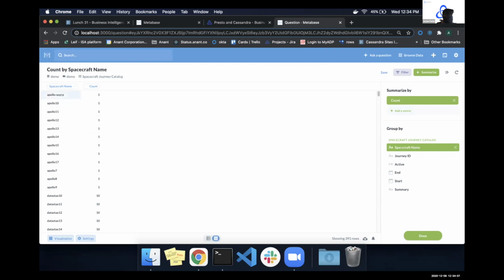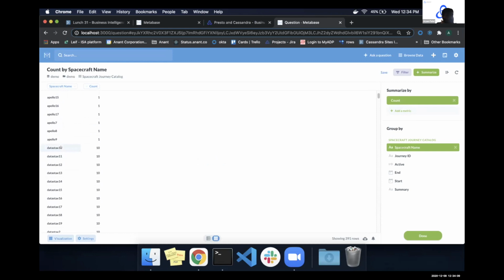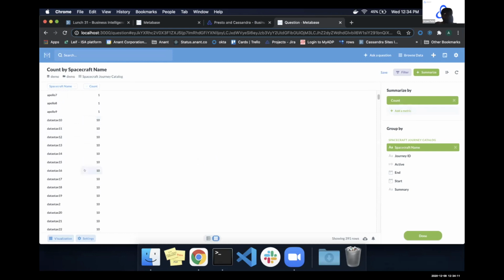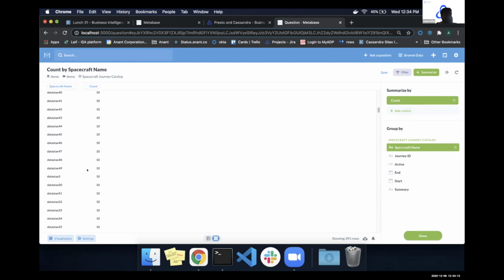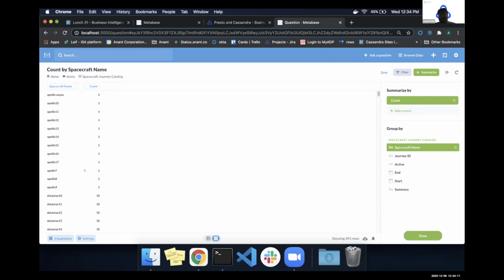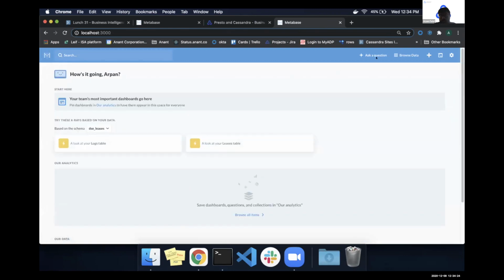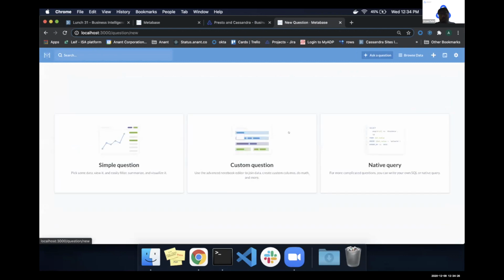We see that a bunch of them have one, but there's a bunch of DataStax ones that had 10 journeys. So you can do this directly within your table view, but you can also do this within your dashboards. And then also, if you go into this ask a question,